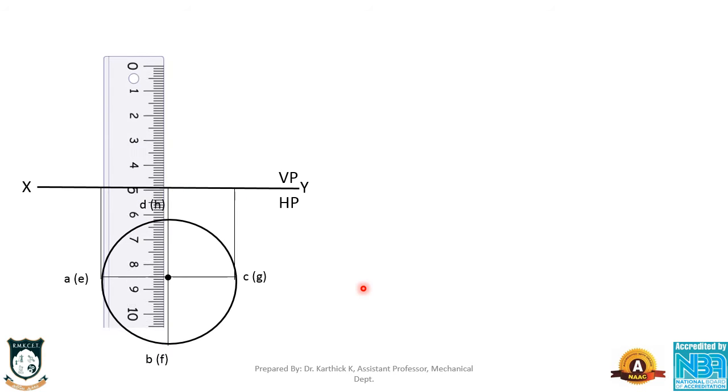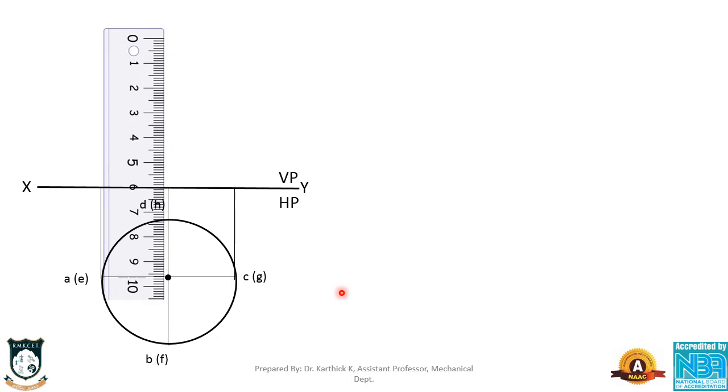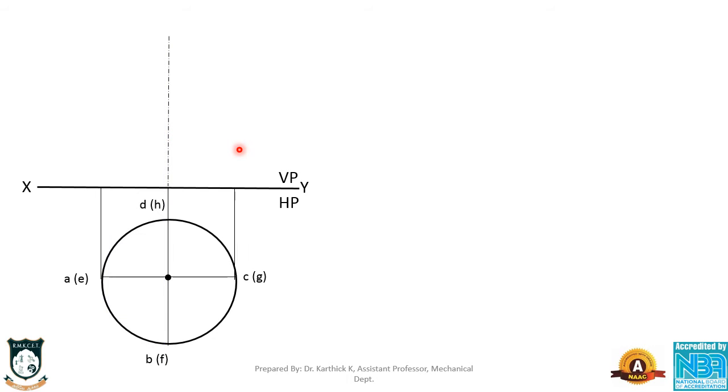Bring your scale. The height is 60 millimeter, which is given in the problem. You can measure 60 millimeter and draw a line. Since this line is coming from the axis line, you have to give a dash and dotted line. That is an actual line which is representing the axis. Next step, complete the cylinder, and give some notations.